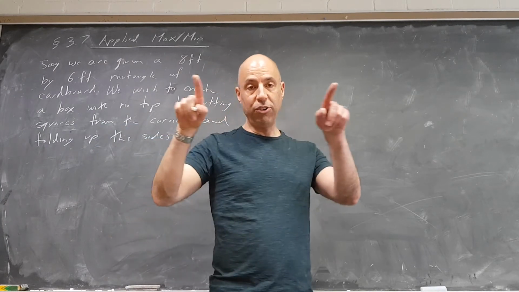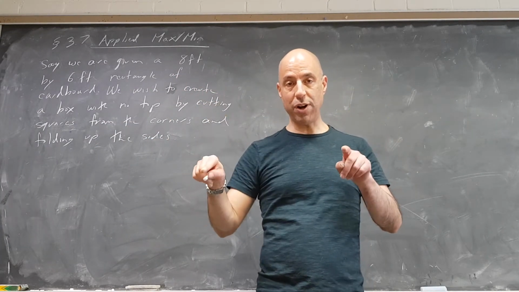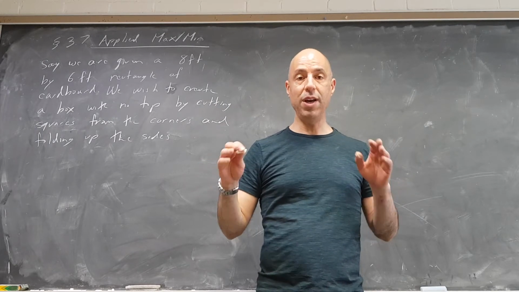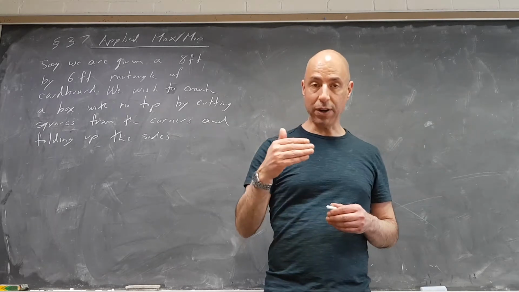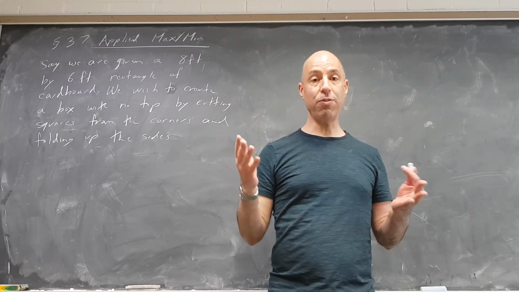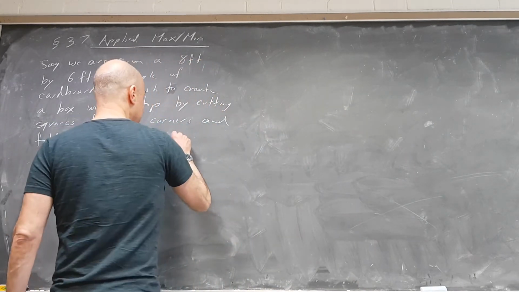So in our original rectangle, we cut a square out of this corner, a square out of this corner, a square out of this corner, and a square out of this corner, and that leaves us with 4 flaps that we fold up. The middle part becomes the base of the box, and the 4 flaps become the 4 sides of the box. And the question is,